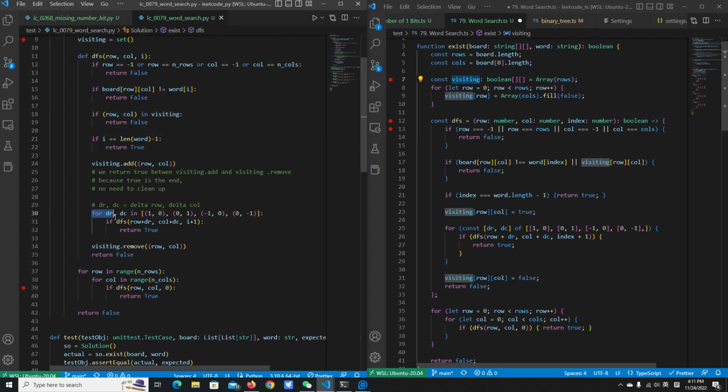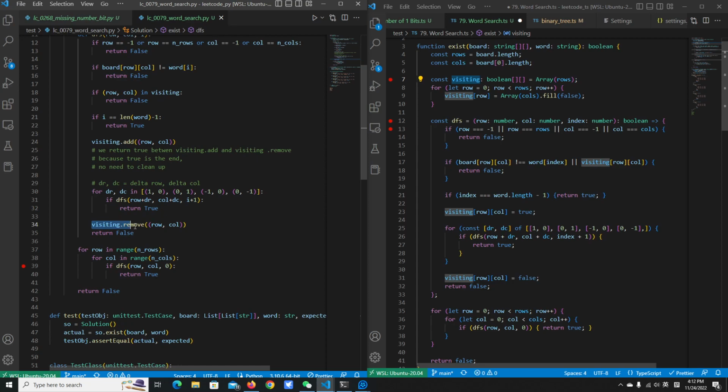Now we'll go in the four directions: up, right, down, left. We will check if the neighbor is equal to the next character in word. If so, we will return true.